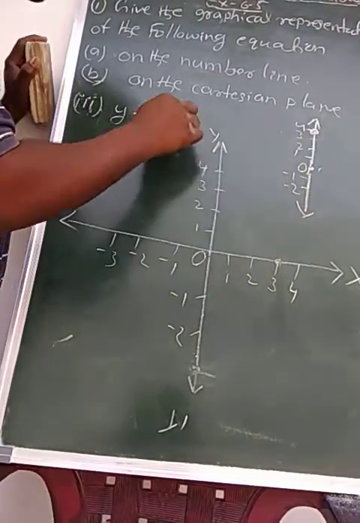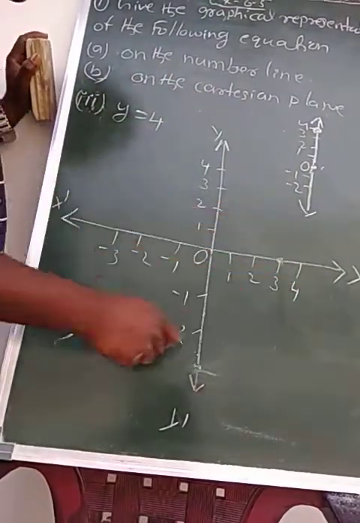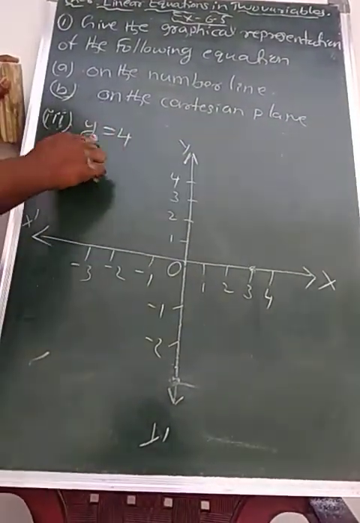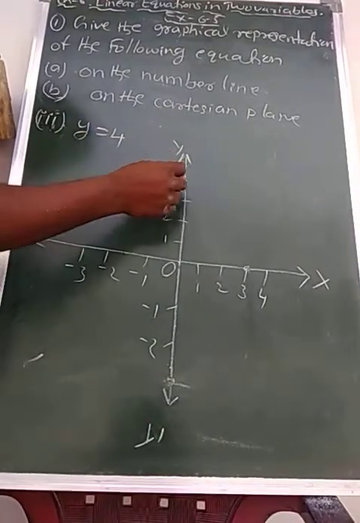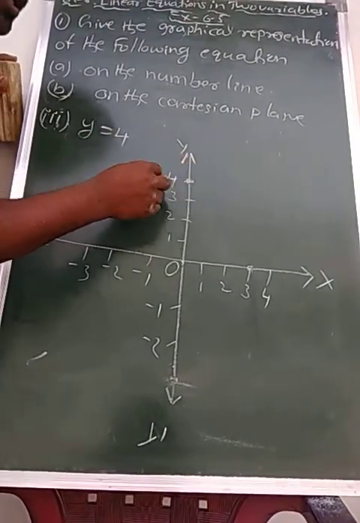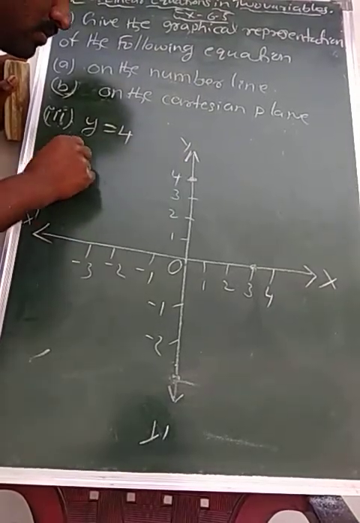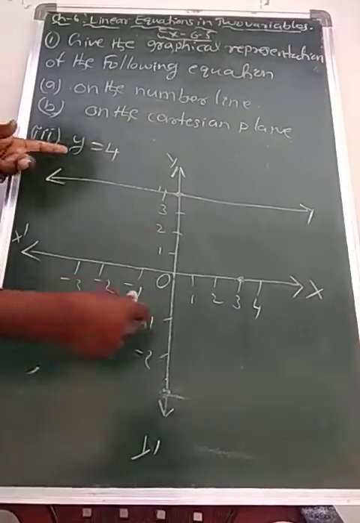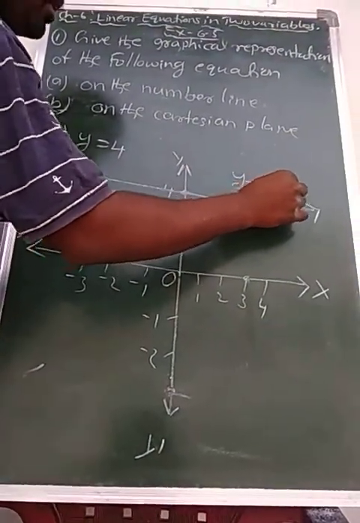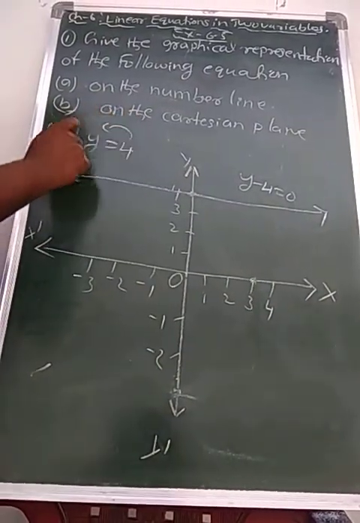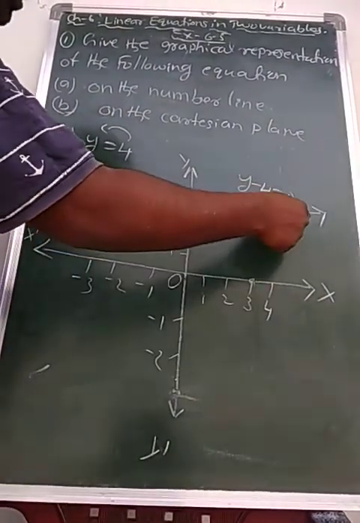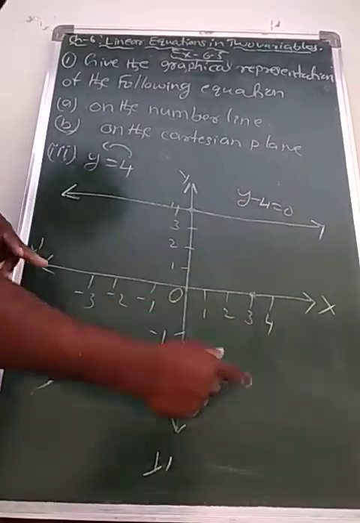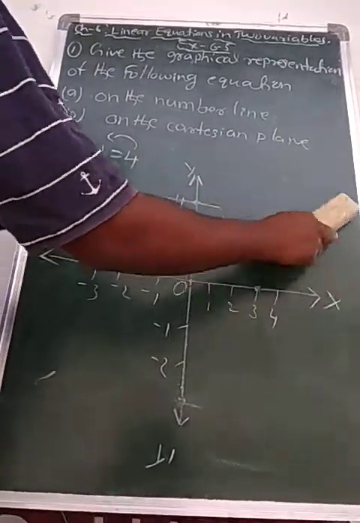Yes, on the Cartesian plane, అంటే ఈ యాక్సిస్ లో మనం ఎలా చేస్తాం. Then the value of y is equals to 4. అంటే y యాక్సిస్ లో y వాల్యూ 4 ఎక్కడ ఉంది? పాజిటివ్ ఇక్కడ. సో దెన్ through this point you just draw a line. Then what is the required equation? This is y minus 4 is equals to 0. Then its graph is parallel to what? X-axis. Okay students? So like this. Now the next question.